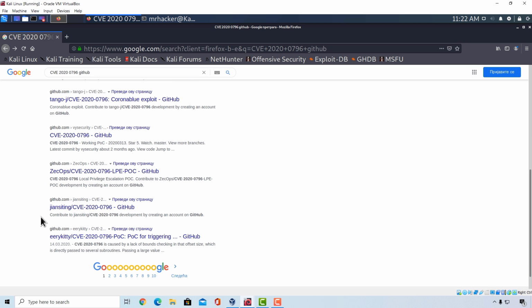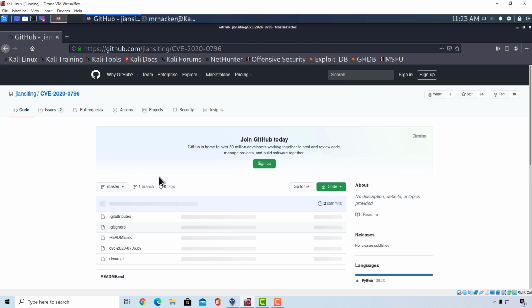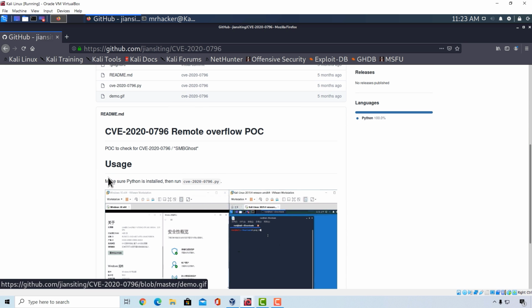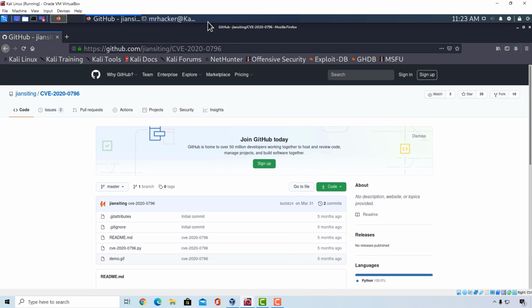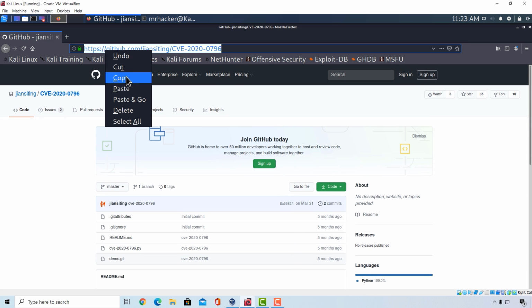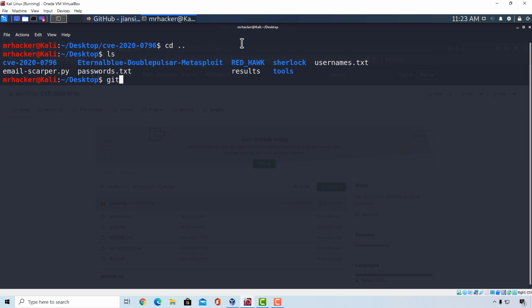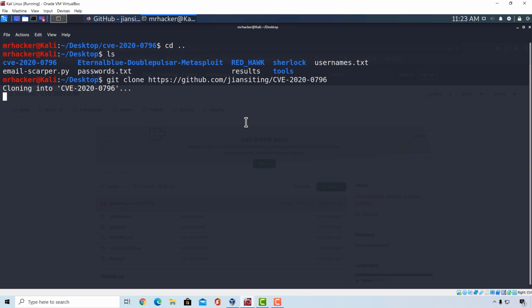So if I go all the way down, you will see this GitHub link. It is from Gian Sitting, and it has the name of our vulnerability. If I go right here, we can see we got a few files. Once again, this is a Python tool. Under here, we got the usage, so we got a demo GIF. Here we can see the command that he is running. And if we go right here and copy the tool, and once again, we can go to our desktop and git clone the tool name, the link, paste right here,